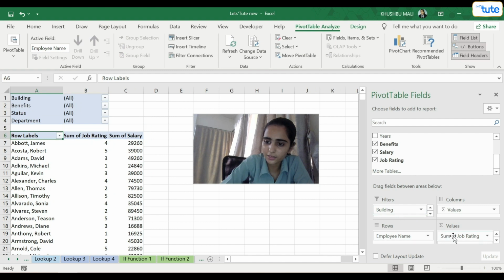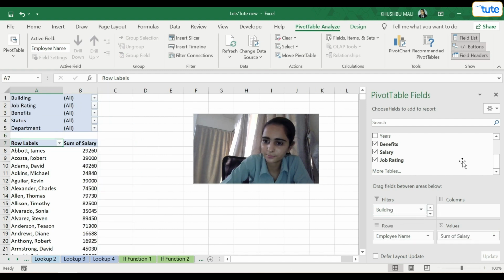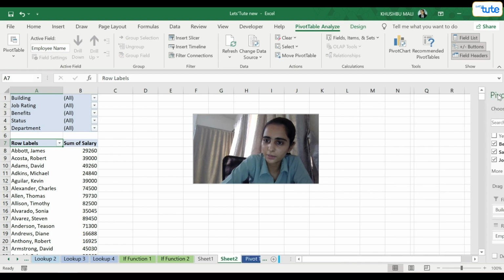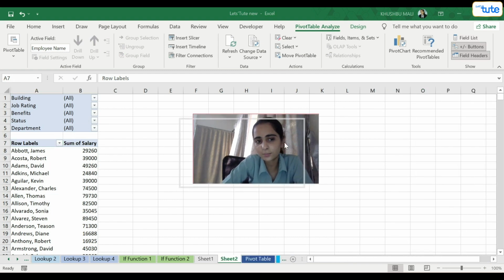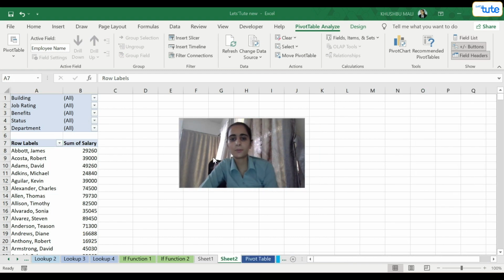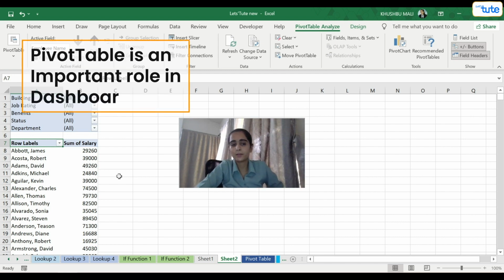Okay, and now only employee name is rows, and sum of job rating is also a filter. Now I'll close this pivot table fields pane. Just make sure you see the view properly. You understand the skill, you understand the database, what I'm trying to do. I am not teaching Microsoft Excel pivot tables. I just want to explain how we are going to generate this, because the pivot table plays an important role